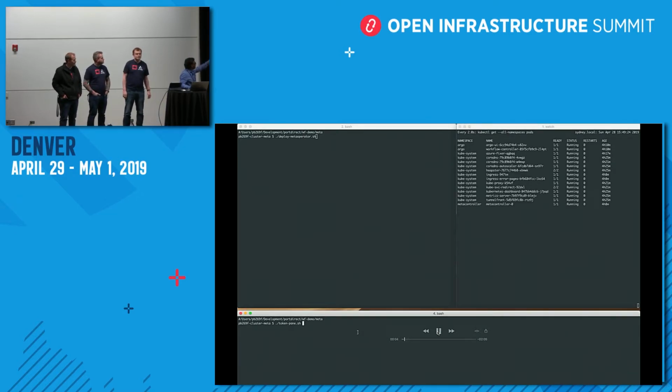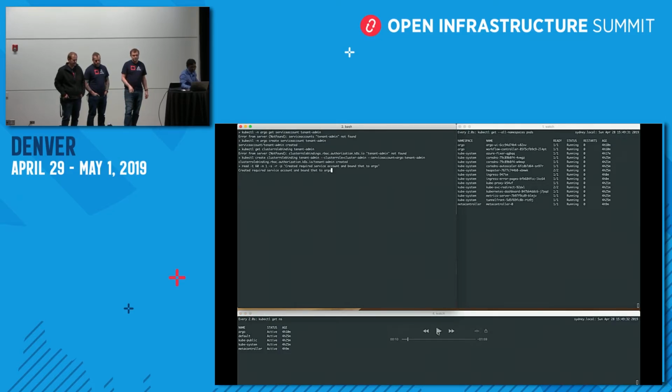So we can see on the right-hand side the list of pods which are already running, and on the downside we can see the list of namespaces. And in this POC, what we are demonstrating is we are creating a custom resource called tenant, where an operator can define a list of namespaces as well as resource quotas. So using a meta controller and a custom controller, and also Argo workflows in turn will create the namespaces.